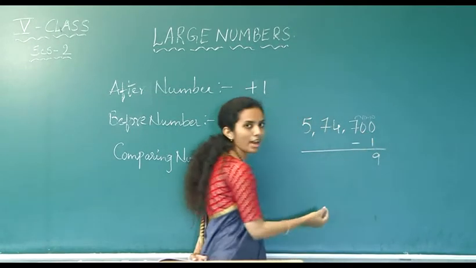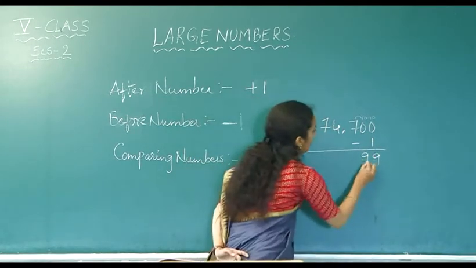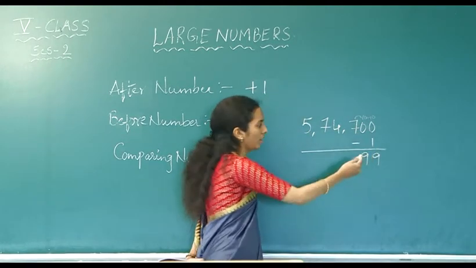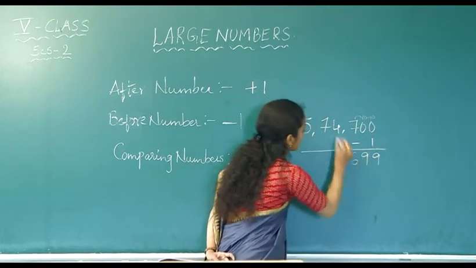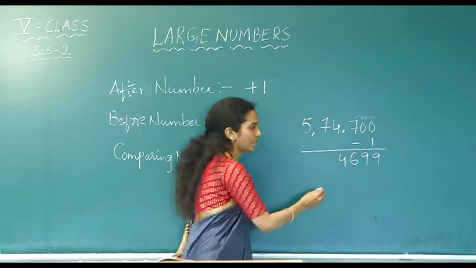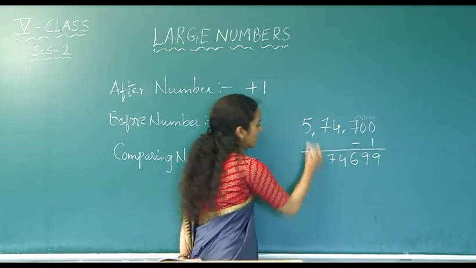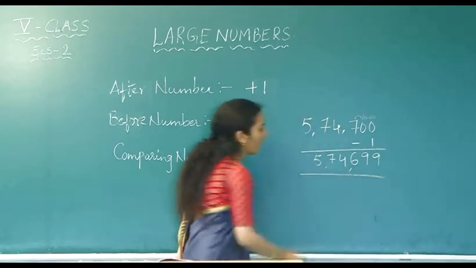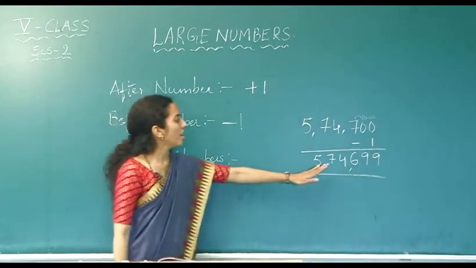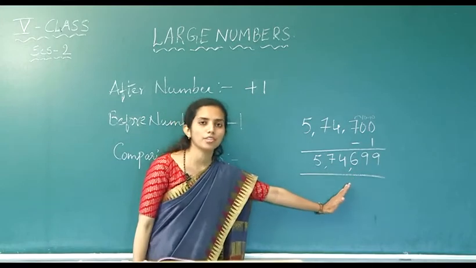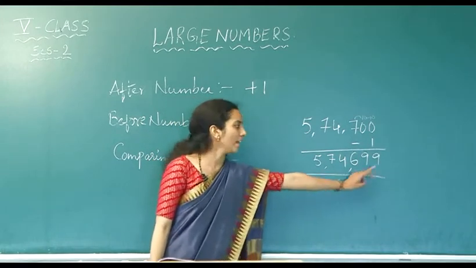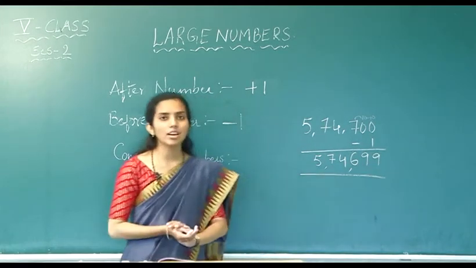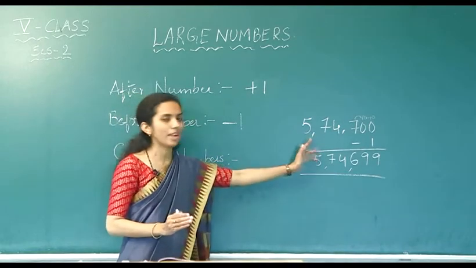Here we already have 9, and as we have borrowed 1, the 7 becomes 6, and 4 as it is, 7 as it is and 5 as it is. So, what have we got? We have got 5,74,699,